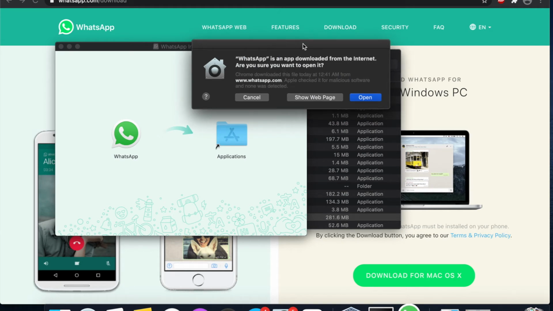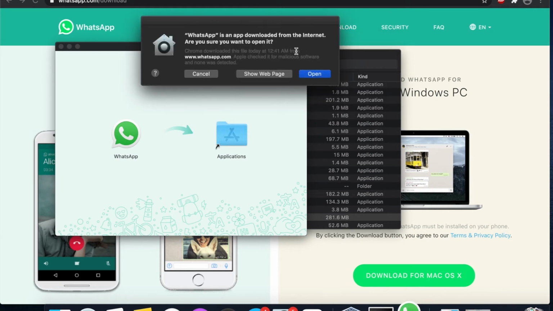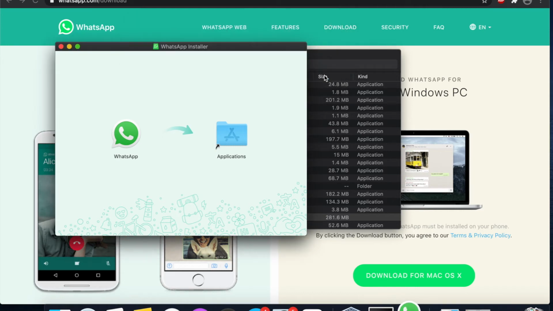Okay, now this is just a confirmation. It says that the application has been downloaded from internet. Are you sure you want to open it? Yes, we are sure. Click on open, and now